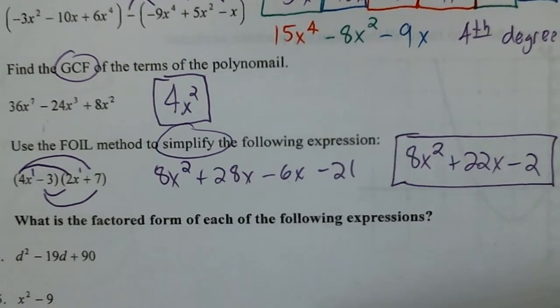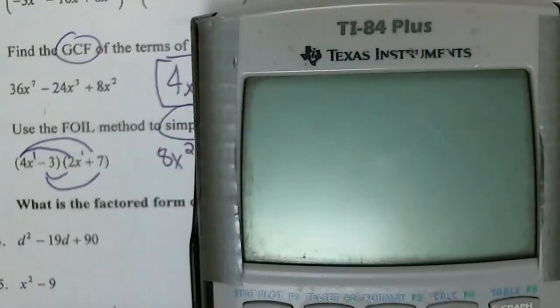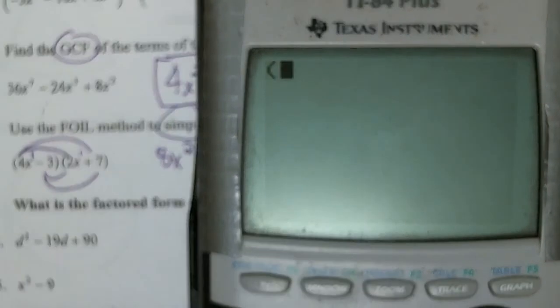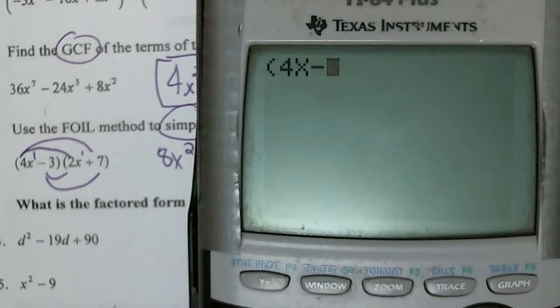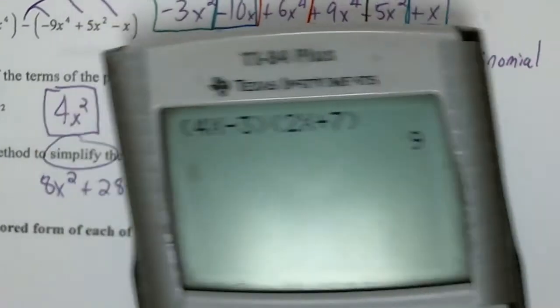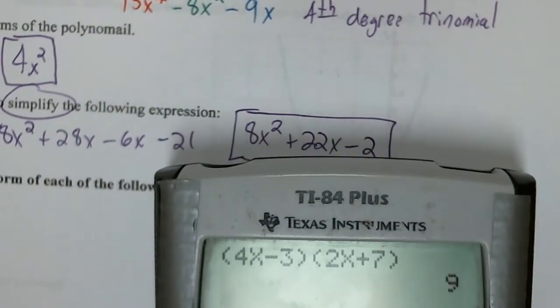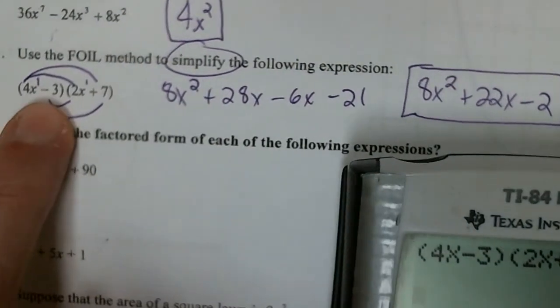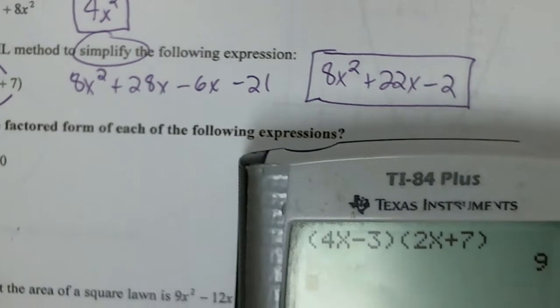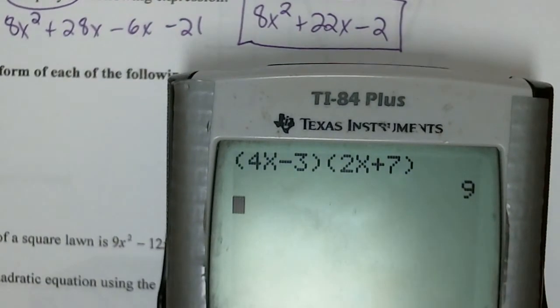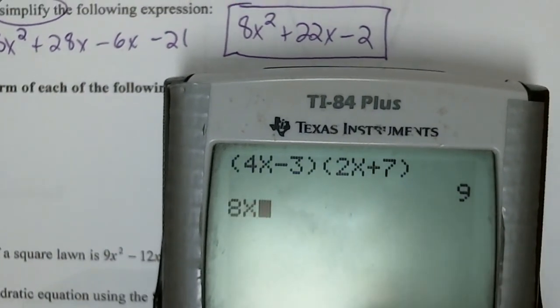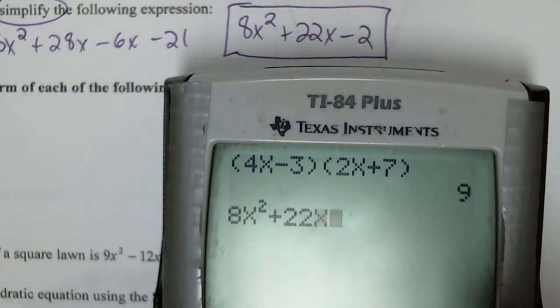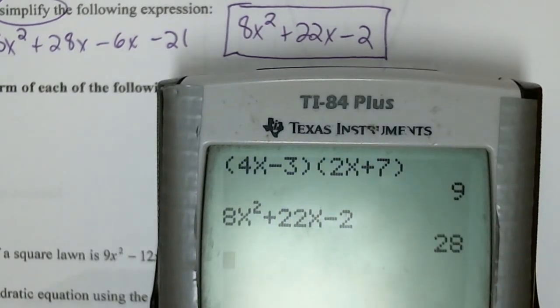Okay, can I check that? Let's type in the original problem exactly the way you see it. 4x minus 3, parentheses, 2x plus 7, get a number. Don't care what that number is. 9, cool. Let's type in our simplified answer. Remember, when you simplify something, you're just saying that this guy equals that guy. It's just a different form. It's a different way to say the same thing, so they're equal to each other. So when I type in 8x squared plus 22x minus 2, I better get